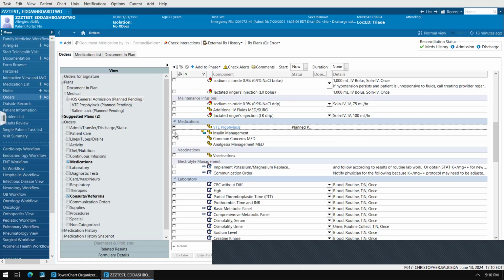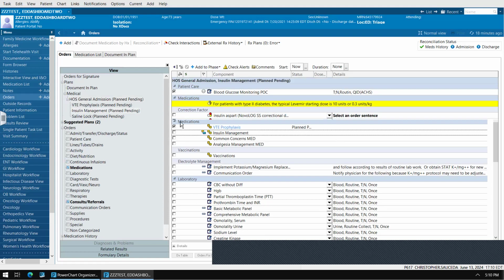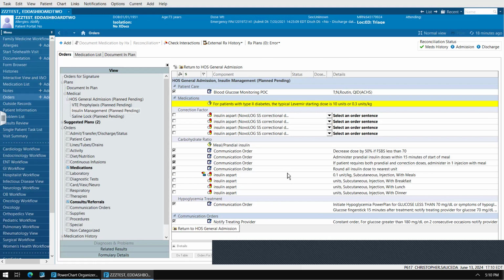Okay, so next, our patient does have diabetes, so you'll select this one. For this one, anything that's checked, just leave checked. And then any patient with diabetes, I've never seen a case where you don't do this, you put them on a sliding scale. So that would be this correctional insulin. The last video in this series is going to be on diabetes, so I'll do a super in-depth lesson on this. But